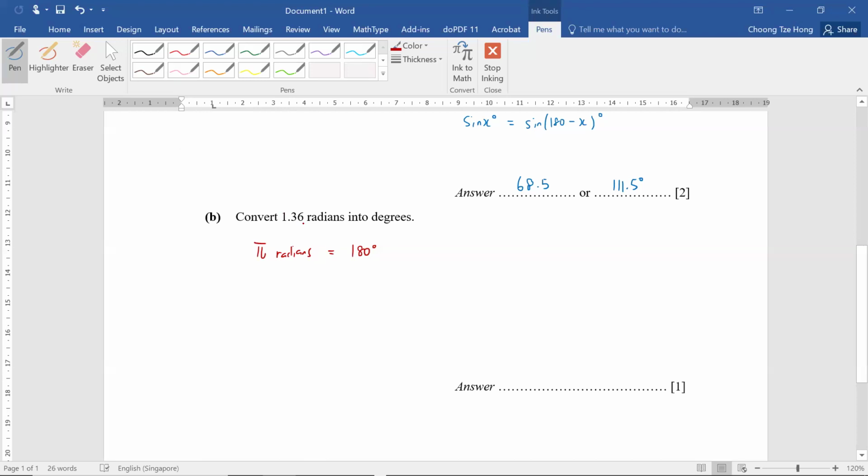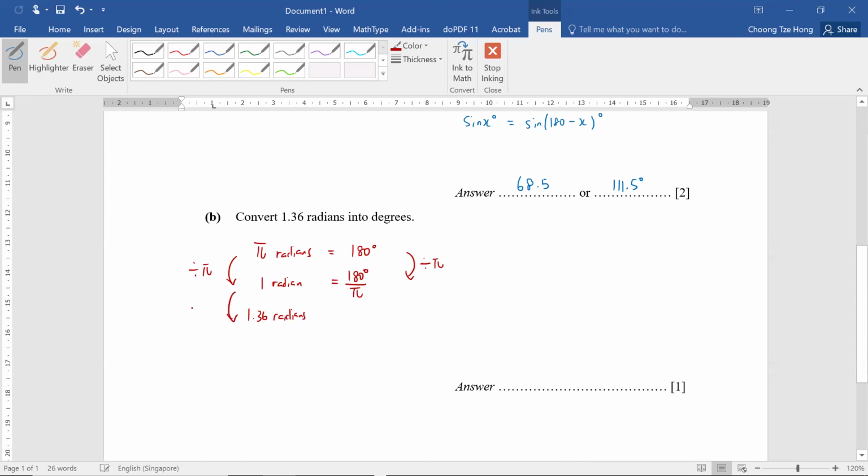Right, so the main idea behind this, I want to calculate 1.36 radians. Let's find out 1 radian is how many degrees first. And from there, all we need to do is times 1.36 and we'll get our answer. So in math, whatever you do on the left side, you just do the same thing on the right side and you are fine. So to get to 1 radian from pi radians, I will just divide by pi. So 1 radian will then be 180 degrees divided by pi. Alright, then to get to 1.36 radians,